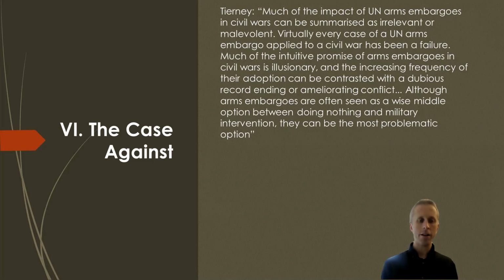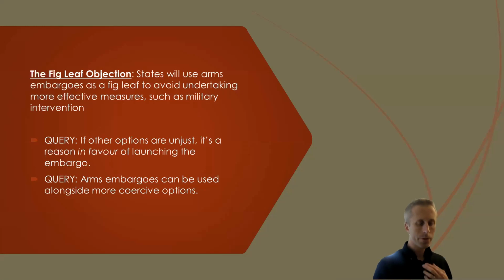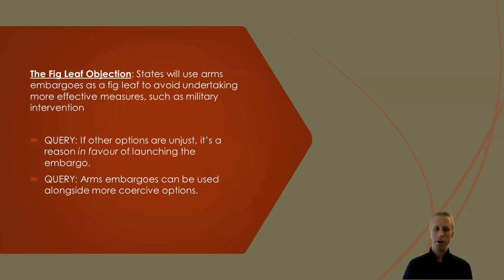Why is he making these claims? Well, let's unpack what he's saying here. There are three elements to it, three strands to it. The first is the fig leaf objection. This is that states will use arms embargoes as a fig leaf to avoid undertaking more effective measures, such as,